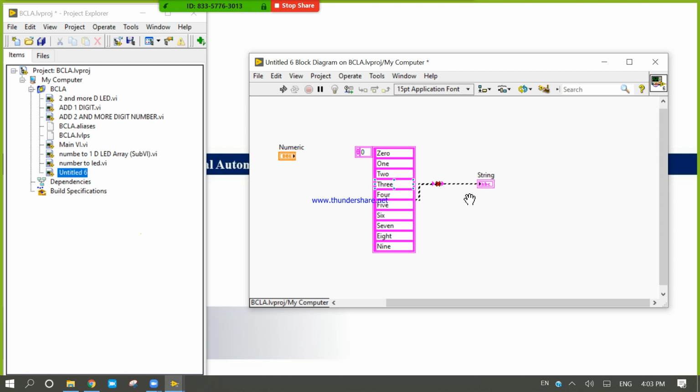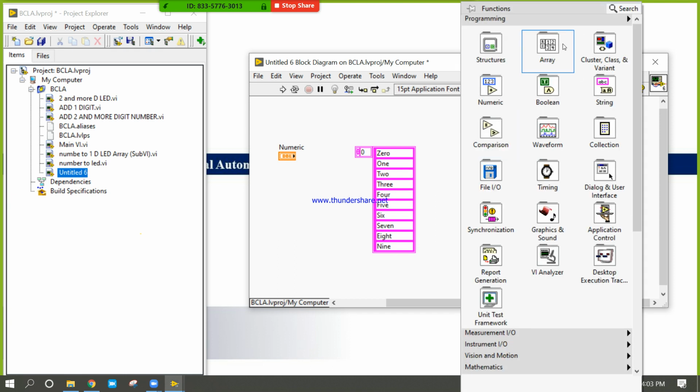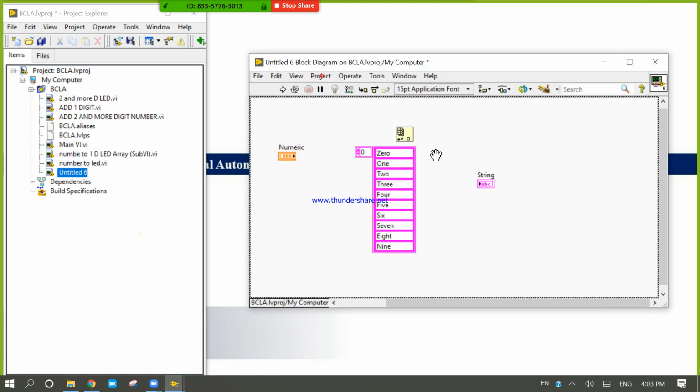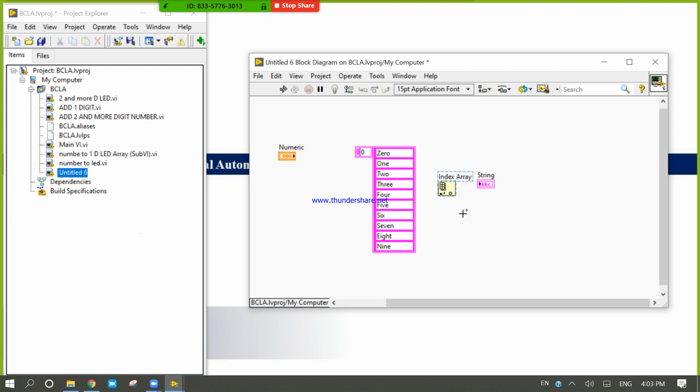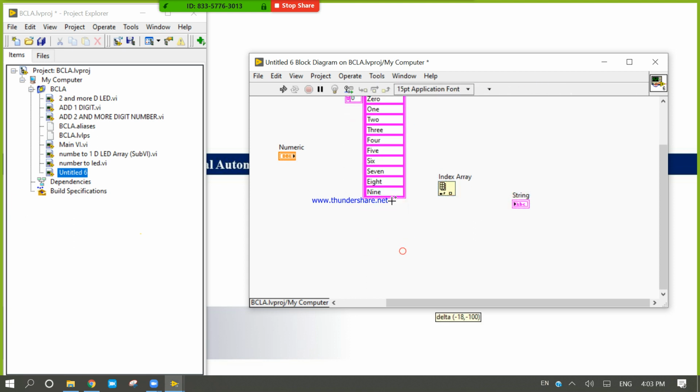Okay, now I will right click, array, index array function. Whatever you design, you will use only these basic ideas, only these basic functions.